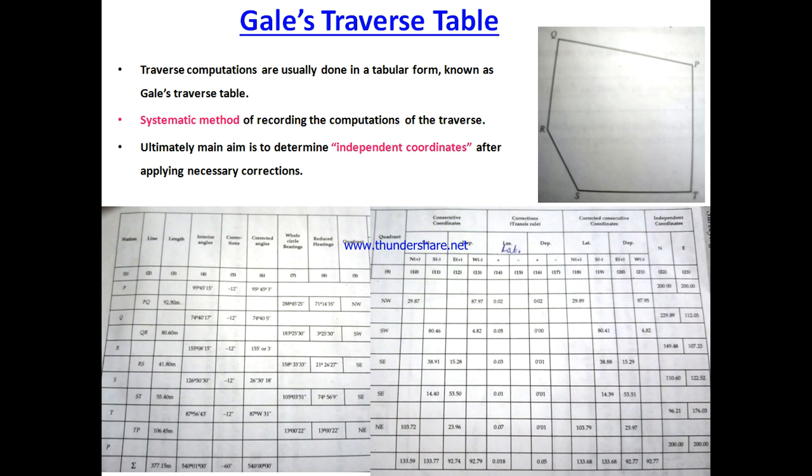So in this case we can say that the algebraic sum of the value here is equal to 133.59 plus 133.77, which is equal to 267.36. So calculating the value, we can do computation as total error in the latitude, which will be equal to closing error, E, which is equal to under root of Ex square plus Ey square.